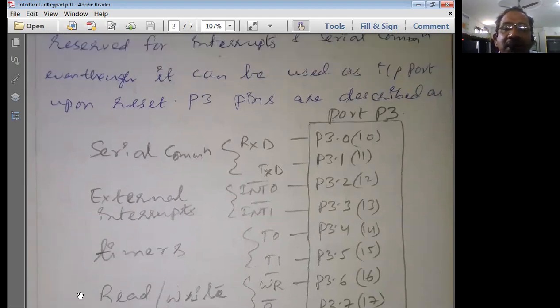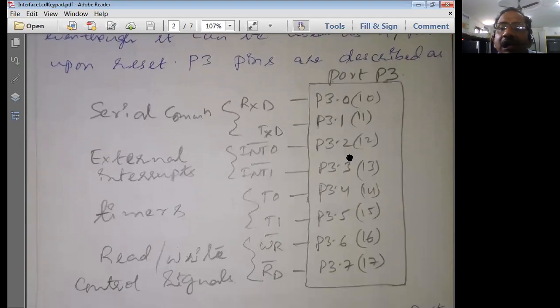So like this we can remember the various port pin numbers, and the pin numbers are going to be 10 to 17 in serial, so you can remember them very easily. Please remember port 3.0 is the 10th pin, and so on in ascending order. The pin numbers also increase in ascending order, so you can remember port 3 very easily with this logic. This is the logic I made by myself, so that you can remember the pins easily. Anyway, now port 3.0 is the receive pin, port 3.1 is the transmit data pin. These two are used for serial communication.